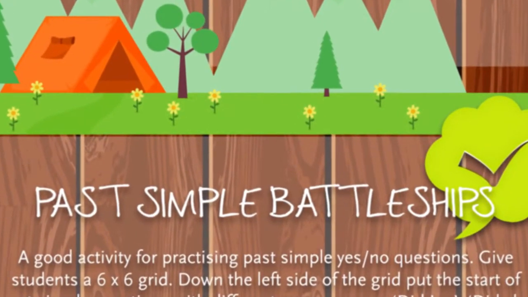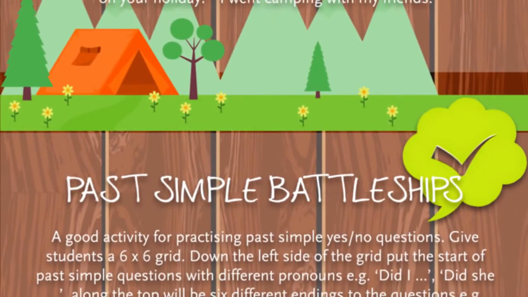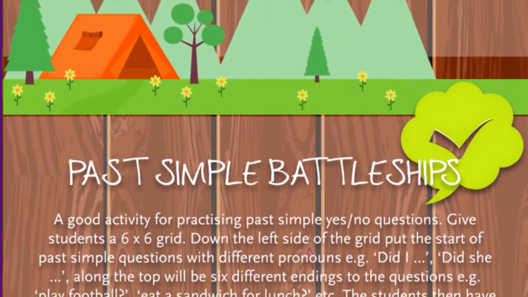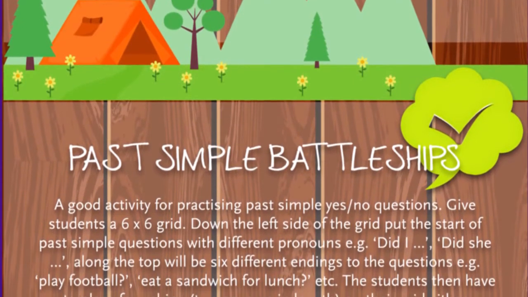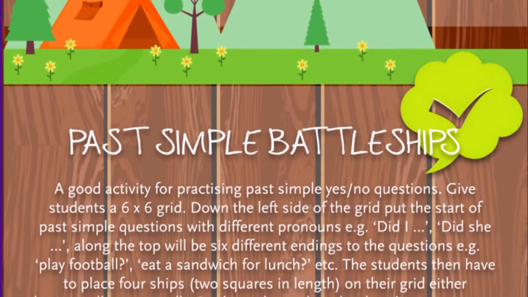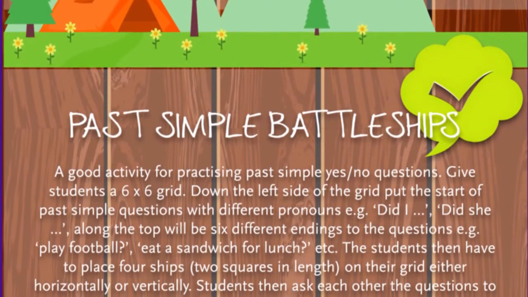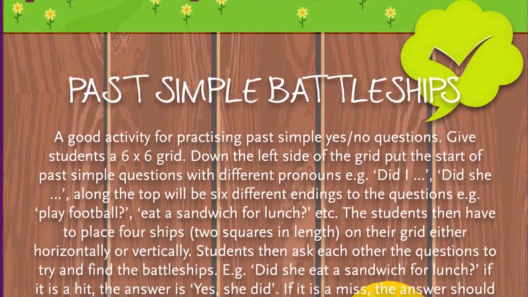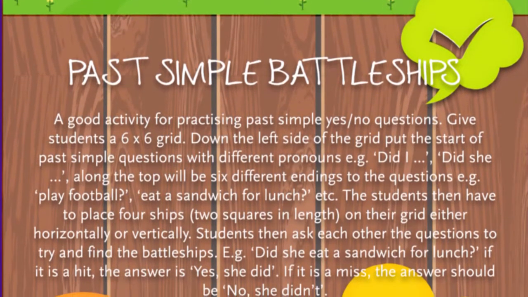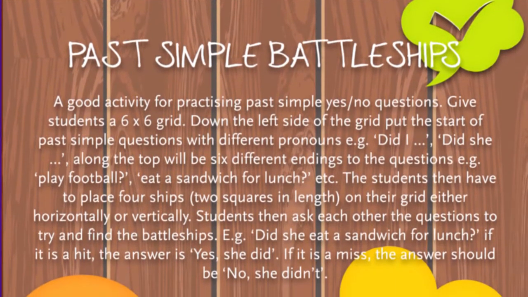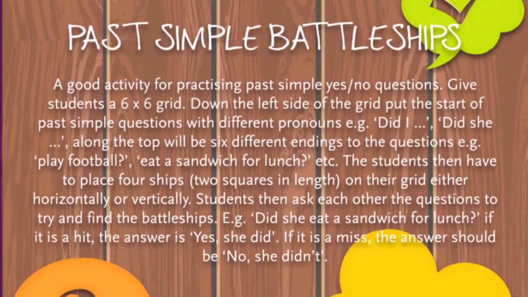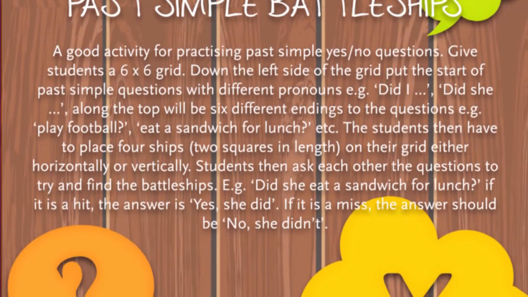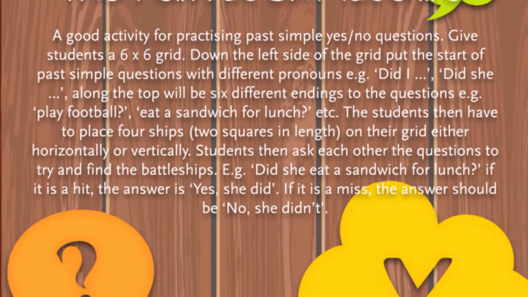Past simple battleships. A good activity for practicing past simple yes and no questions. Give students a 6x6 grid. Down the left side of the grid, put the start of past simple questions with different pronouns. For example, did I, did she, and so on. Along the top will be 6 different endings to the questions. For example, play football, eat a sandwich for lunch, and so on. The students then have to place 4 ships, 2 squares in length, on their grid, either horizontally or